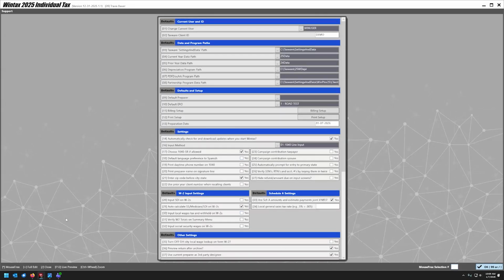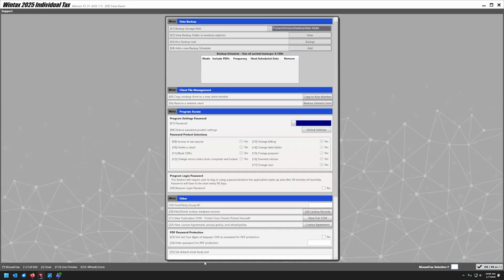But what we're going to go ahead and cover is the miscellaneous, which is the advanced settings here. I always say this in every single seminar that I do, how important backups are. And I cannot stress it enough again. I'm going to say it again. Backups are super important. If you're on a local, and a correct backup is also super important, because if you're on a local computer and you make a backup to your documents folder, your computer goes down, well, there goes your backup. Okay. If you're on a network and you're storing your backups in your network, the server goes down,